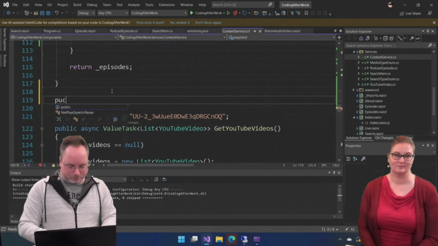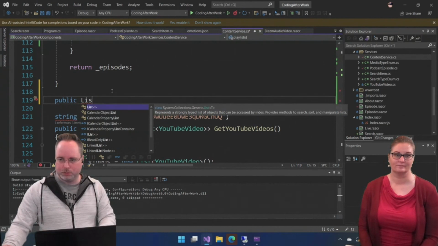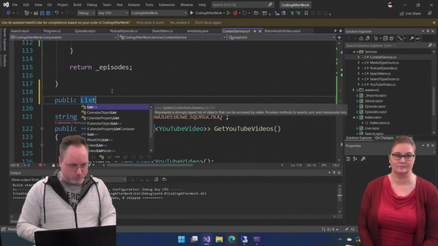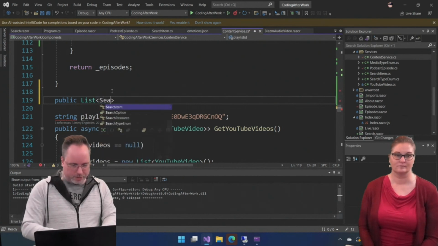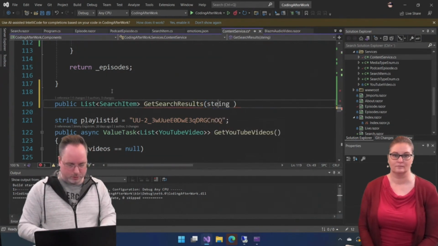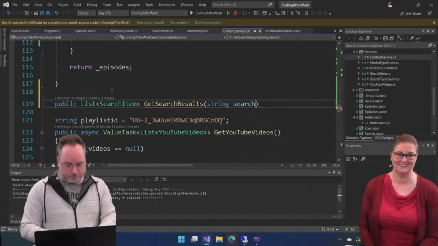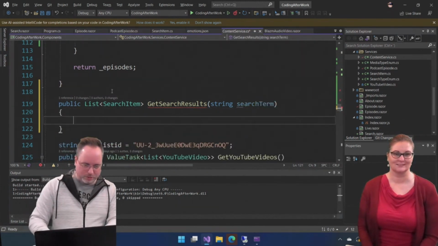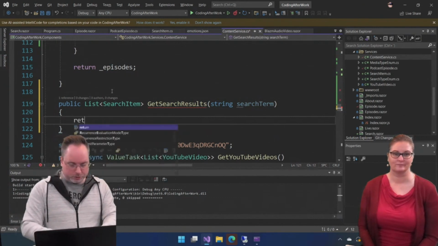Okay, so public list. We want to give back search items. We called it get search results, and we're taking in a string, search term. Topic of today. If you misspell stuff, read that backwards. Like that. And simply put, we're just going to return